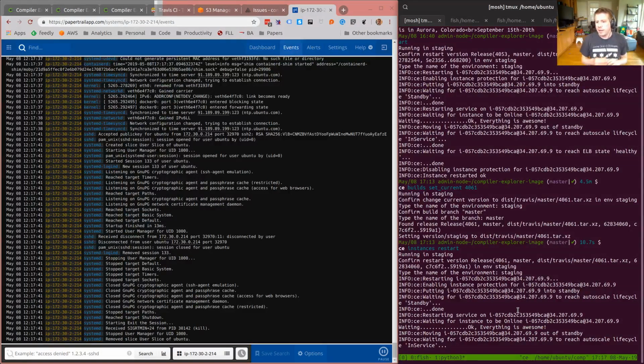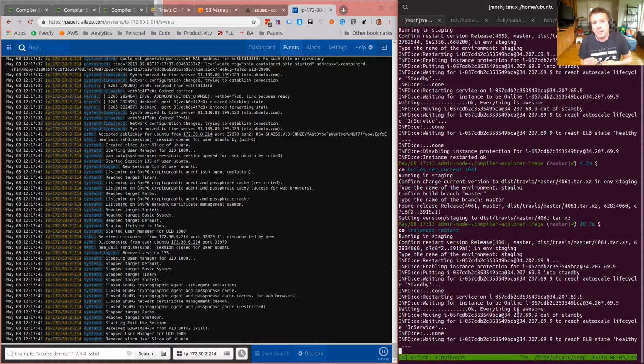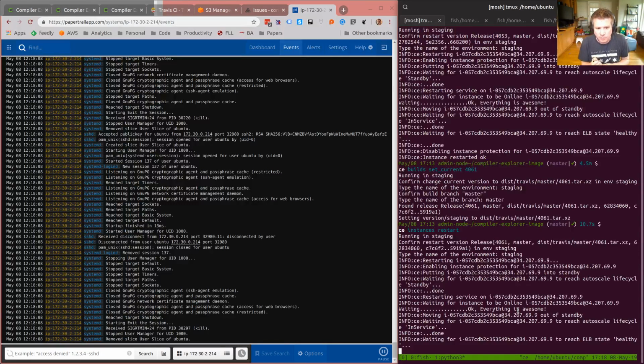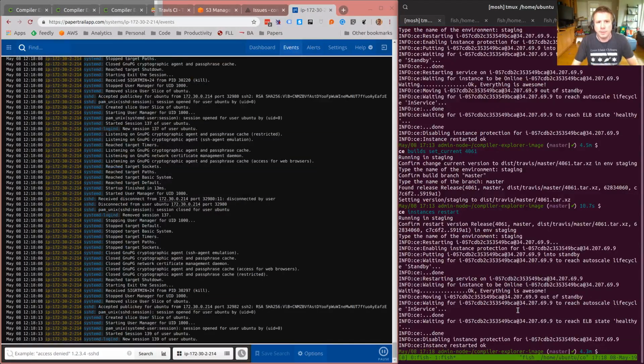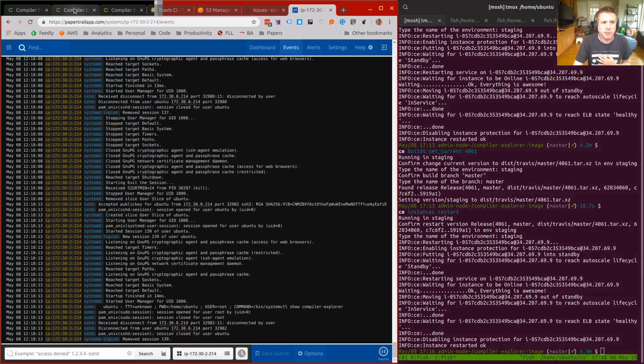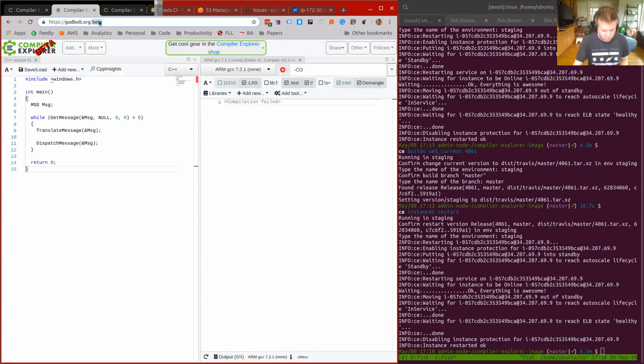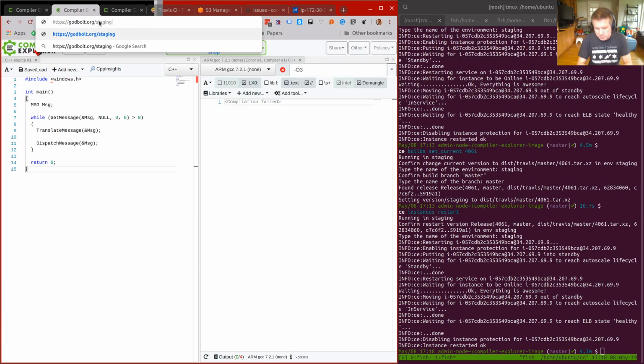And now it's moving it out of standby, which is telling the load balancer, hey, this is now eligible for traffic. And then we're waiting for the load balancer to acknowledge that traffic is being delivered because everyone thinks it's healthy. Aha, there we are. It's in service. And now we're checking, hey, does the load balancer think it's healthy? And there it is. It did. The load balancer will ping the are-you-okay check until it gets a response back. So, drum roll, everybody. Are you ready?